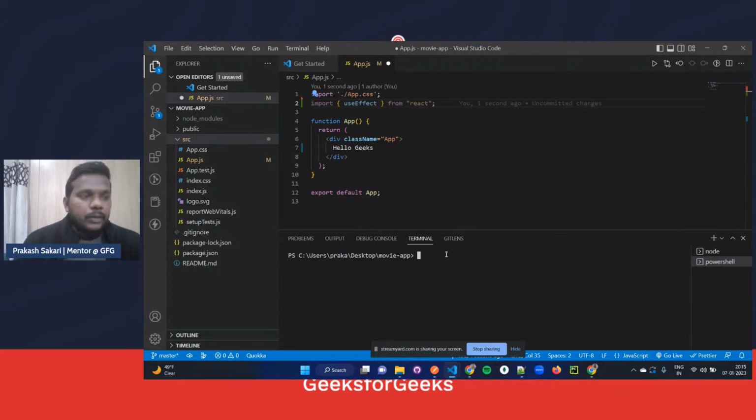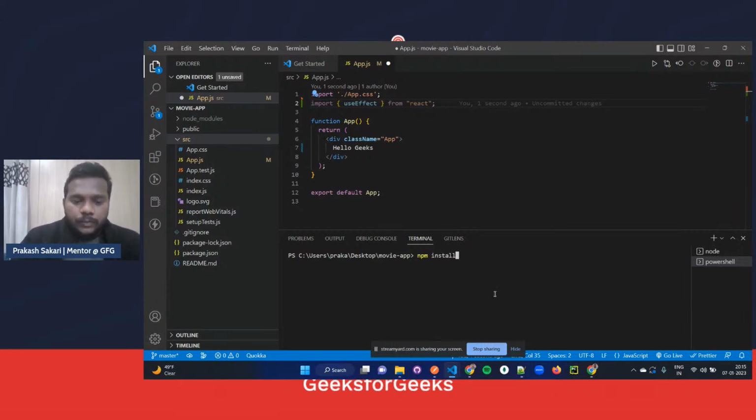In order to get data from an API, we basically use promises. We can use fetch, then, catch, or there is something which is actually way better. If you know what it is, put it in the chat. Something much better is called Axios. I'll just install it. I'll write npm, and in order to install a package,